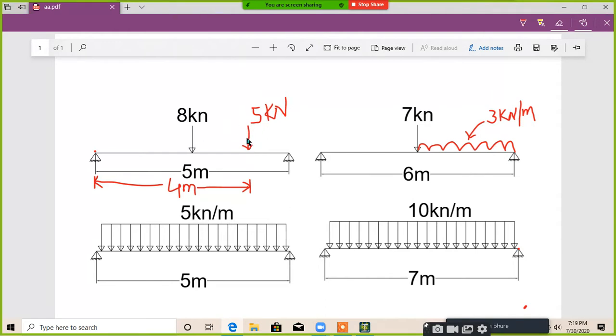And the second load is applied 4 meter away from the start point of that beam. The intensity of the load is 5 kilonewton, and it is also a concentrated load acting on a beam, so it is a member load, right? We have to solve this particular problem in StatPro.